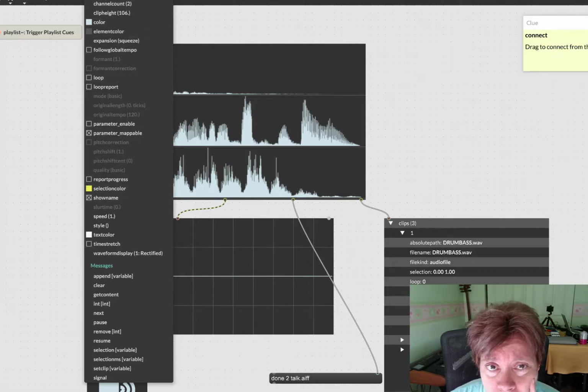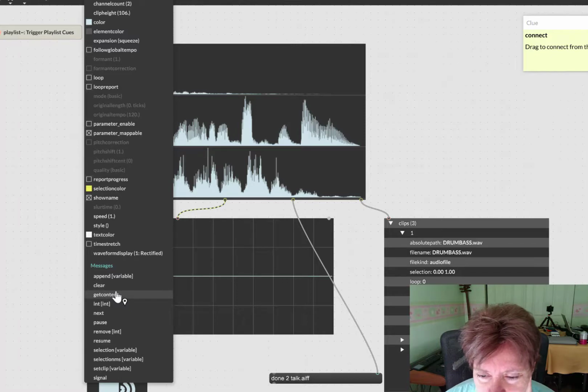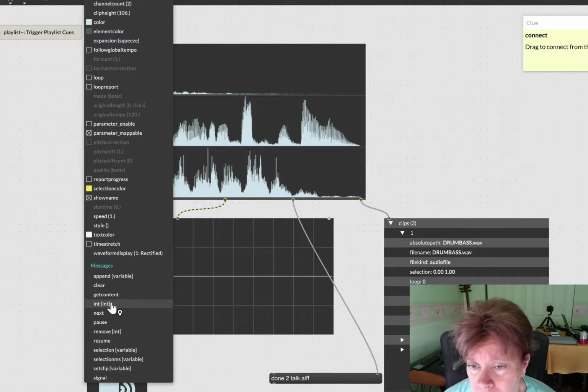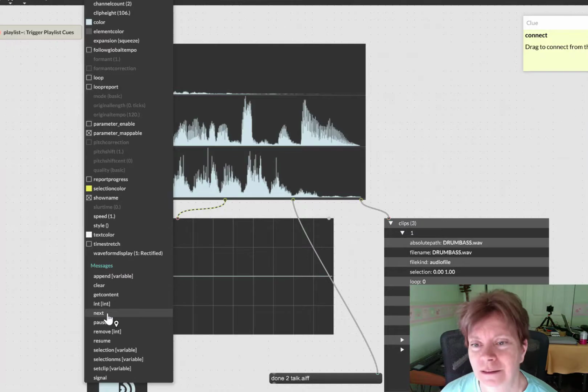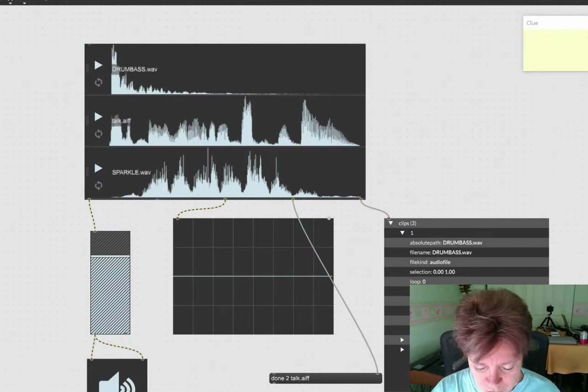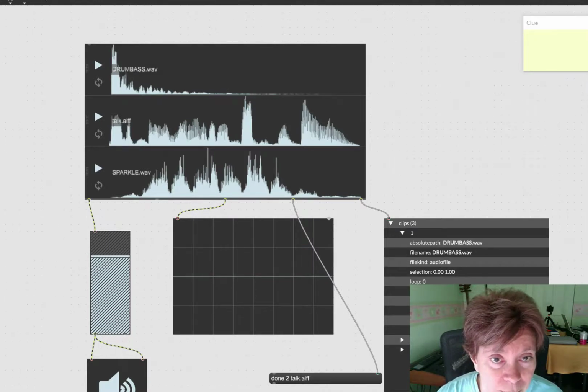But this is the first place I would look. I would right click and I would look at all the attributes. Then I would look at what messages it can understand. What can it listen to? Clear, I don't want to clear things. You can send it a number and it'll go to that clip. Well, that might be helpful. Oh, look, next. You can send it the message next. So I would just say M to make a little message box and type in next. And if I send that message